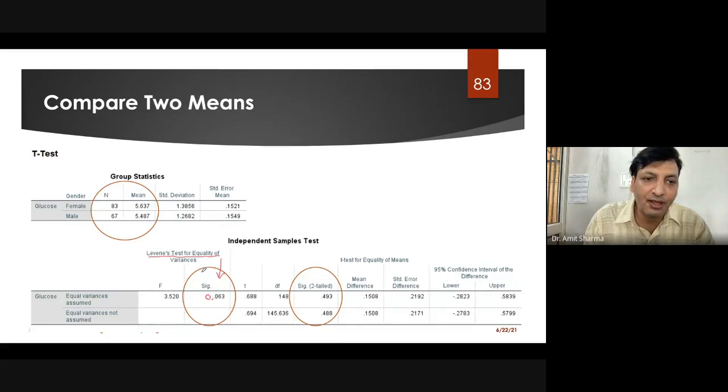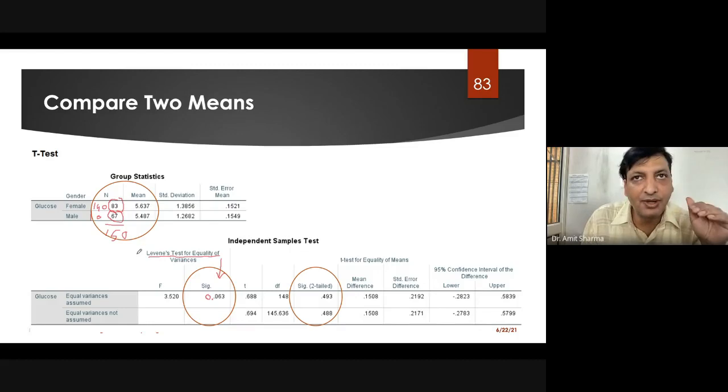For example, the sample size is 150, and in male we have only 10 cases, and in female we have 140 cases. In that case we are going to get Levene's test non-significant. But you can see here that in female we have 83 and in male we have 63. So there is a difference in the number of female and male. Female are somewhat more compared to male, but still there are sufficient numbers to compare.